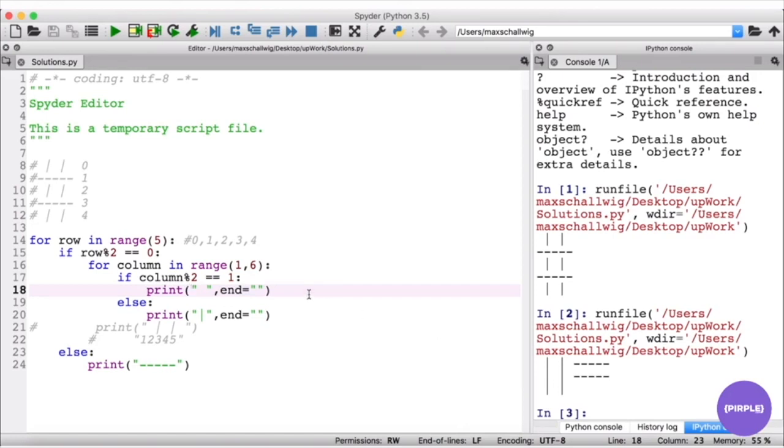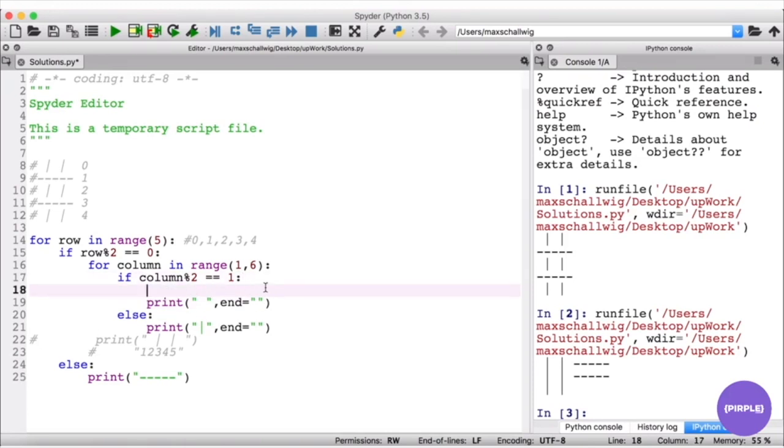And so now what we have to do is add another if statement inside of this if statement. So what we're going to do is say, if our column is not equal to 5, so if it's not the final value, we're going to print it without any separation, so we'll print it on the same line. But if it is on the final line, then we are going to print a new line. So if